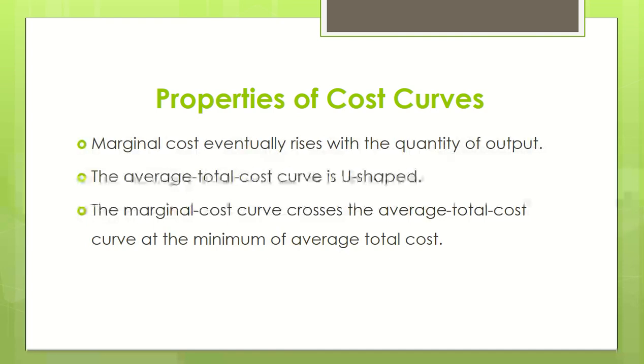Here the question arises: why do we call that point the efficient scale of the firm? The answer is that if the firm continues to produce after this point, then its total product starts declining, and then the marginal product becomes negative. So it is better for the firm to stop at this efficient point where average total cost is minimum and total product has also reached the maximum level.